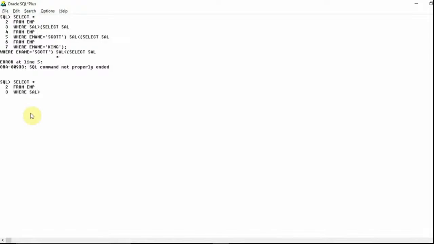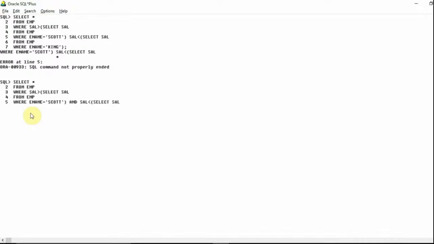The first subquery says select sal from emp where ename equal to Scott. Okay, so Scott, after that close this one. Here I had missed the AND operator, so I have to use the AND operator, and